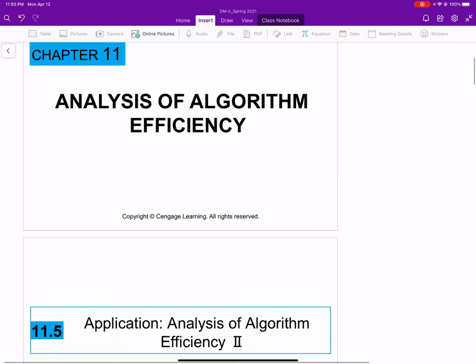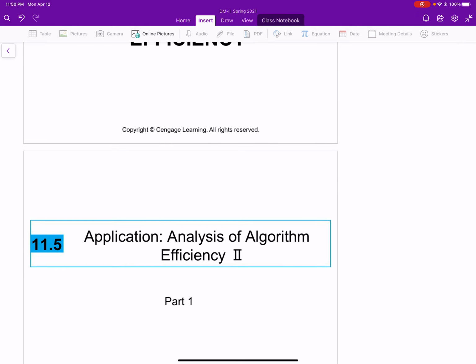Hello. Today we are moving to section 11.5. Section 11.5 is application analysis of algorithm efficiency 2. As you remember, in section 11.3,